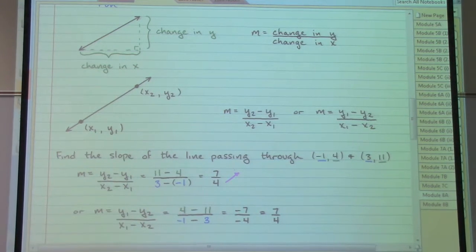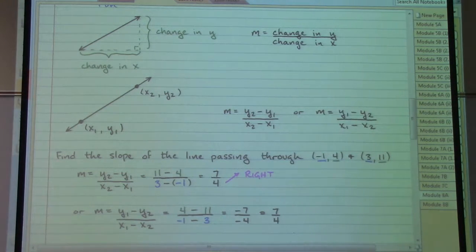Our slope answers we can always view as beginning with the direction from our bottom number as going to the right,